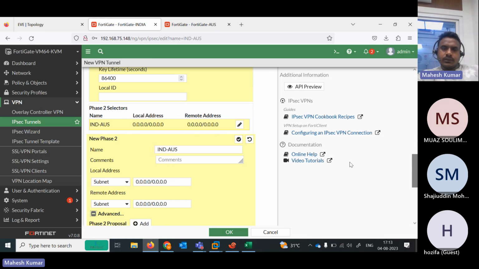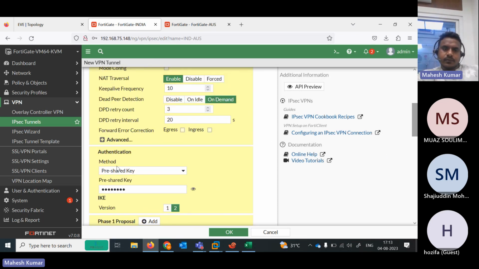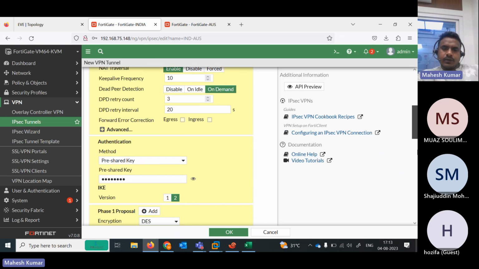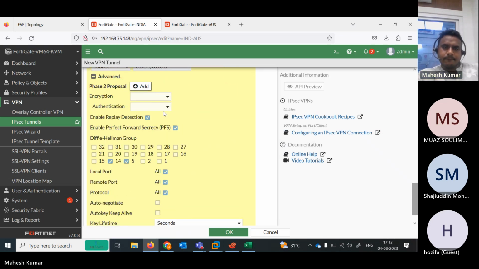Go to phase 2. This was about our phase 1. This top one was about the phase 1 configuration, authentication and everything. Now we'll need to configure phase 2. Under this phase 2, we need to add